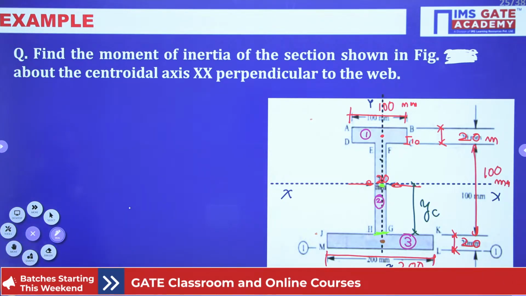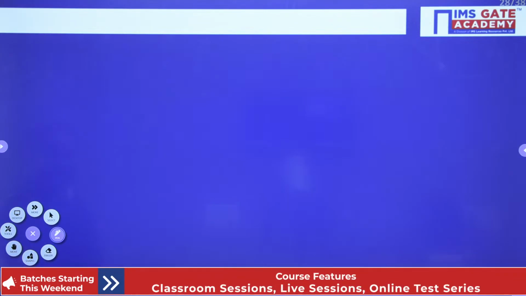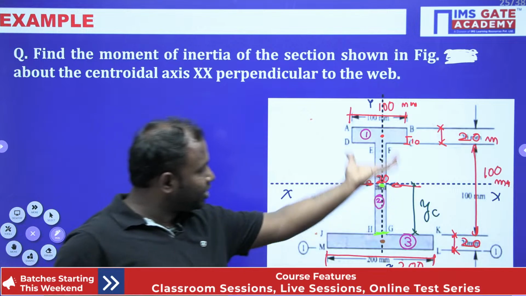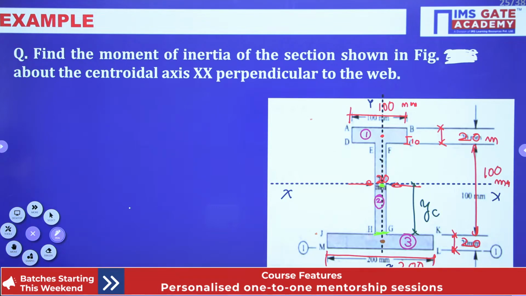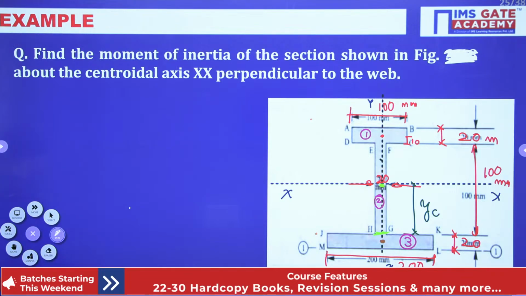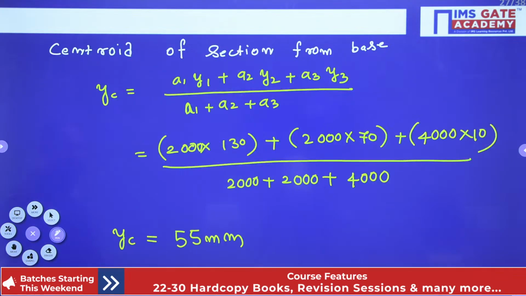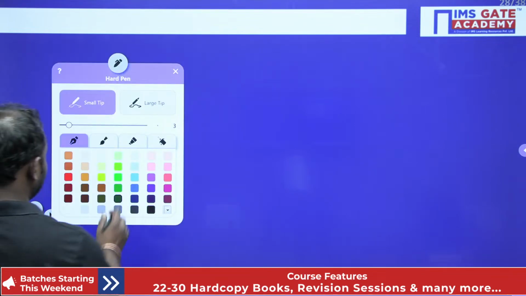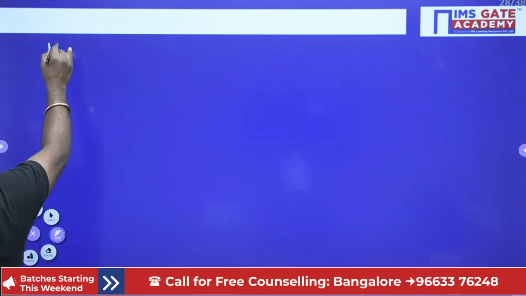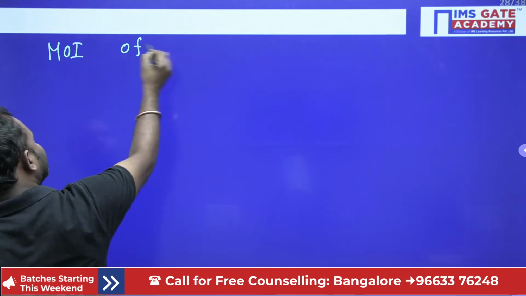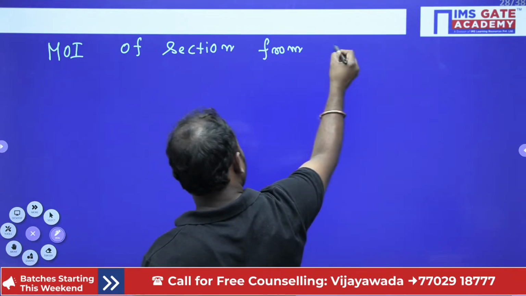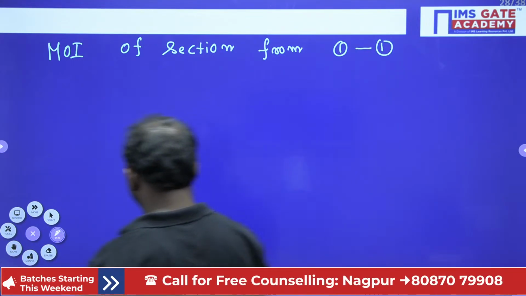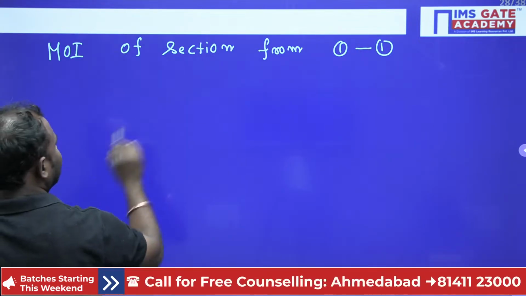Right. Now let us find the moment of inertia of the total section from the base. Moment of inertia of the total section from the base. Find out that. Right. MOI of section from the base, I'll write it as I base